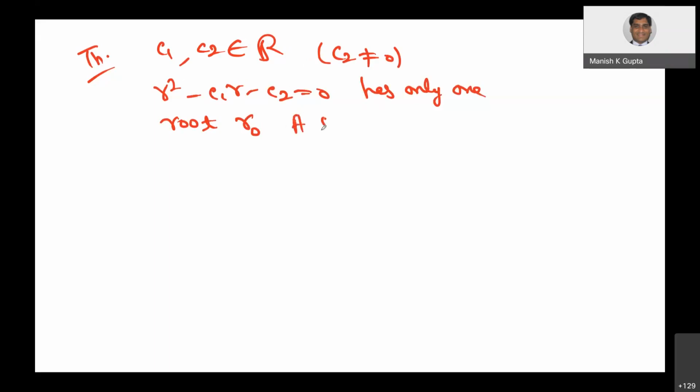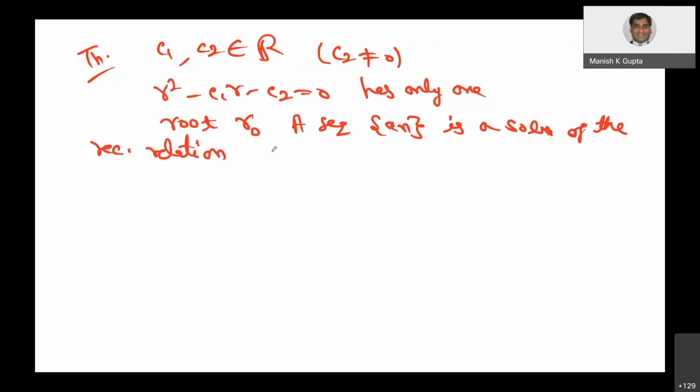Then a sequence an is a solution of the recurrence relation an is equal to c1 an minus 1 plus c2 an minus 2 if and only if, now watch it carefully, an is equal to alpha 1 times r naught raised to power n